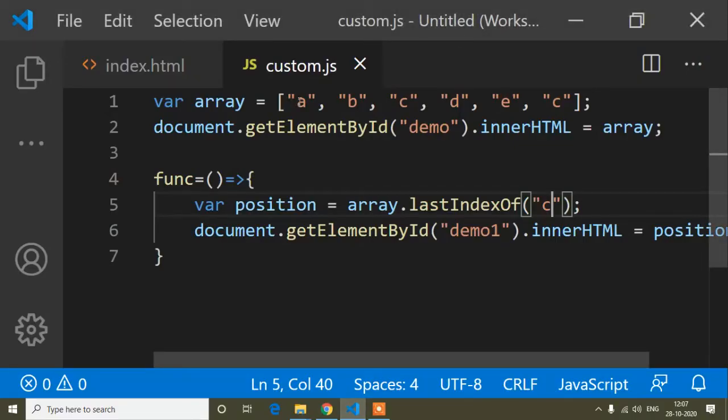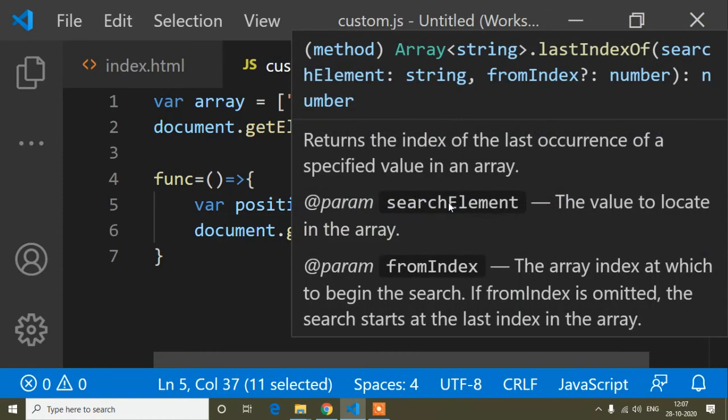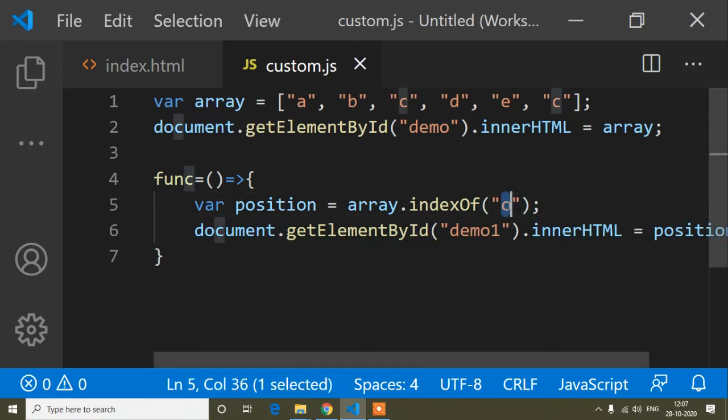That means, counting 0, 1, 2, 3, 4, 5, it's returning the position of the last C. But if I use only the indexOf method and want to find the position of C, it will return 2, that means the first occurrence in the array.